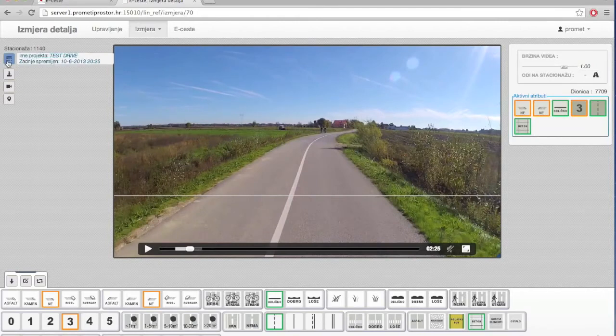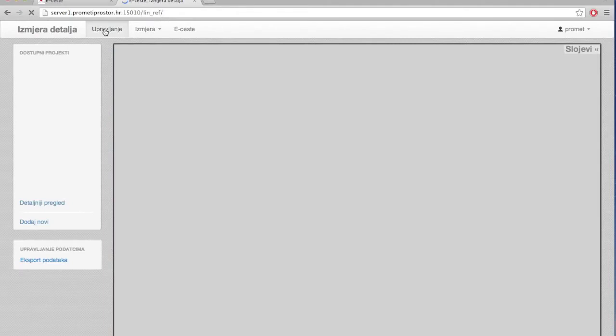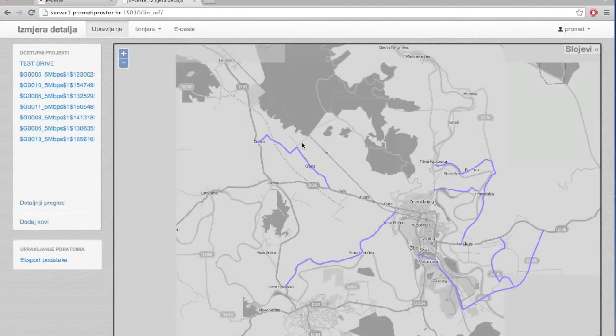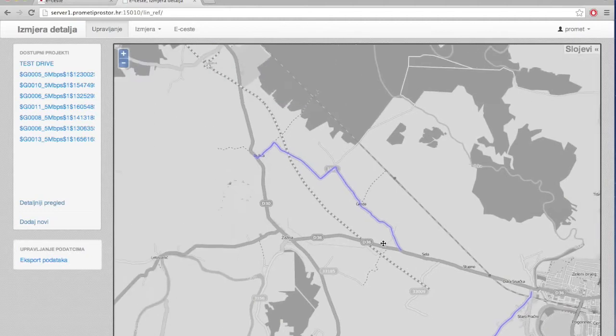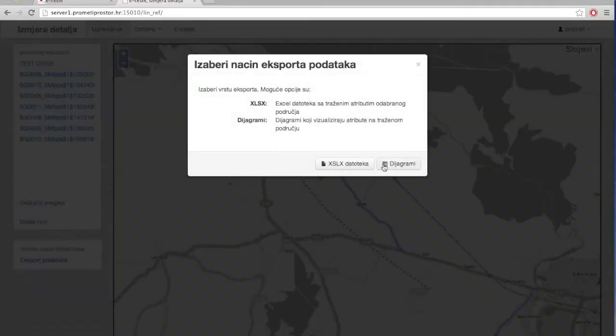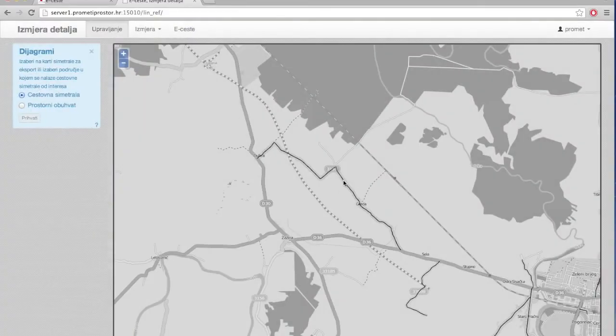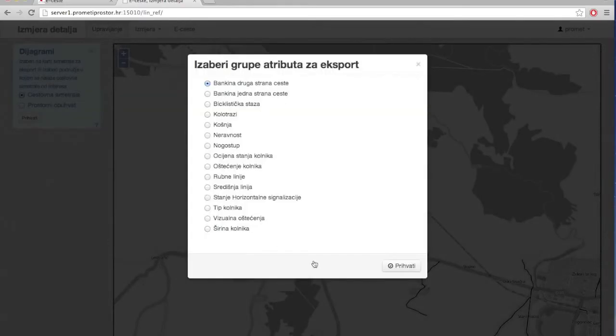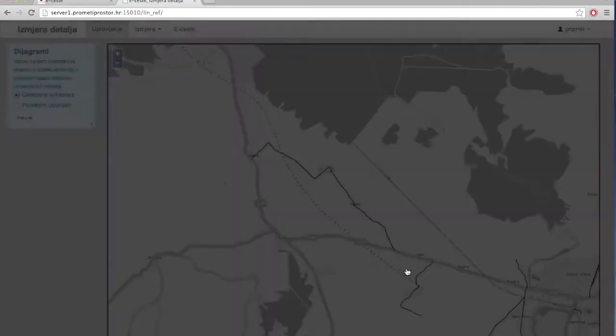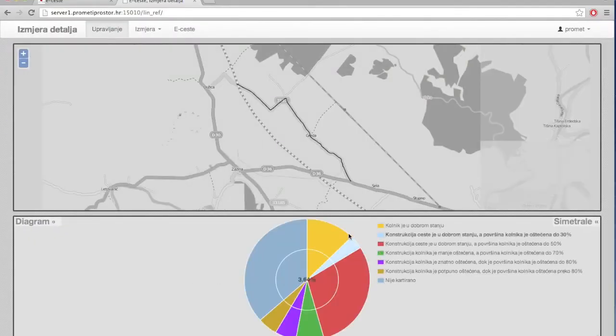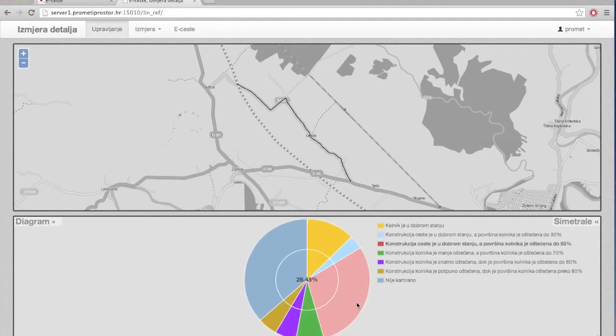So let's click save and go back to the management. Now, how can we represent this data? We have done some recordings and some inspections on this road. I can go here, export. I can select the diagrams. I can select this road here, and I can select accept, and give me the state of the pavement. Click select, and I will get this diagram saying that 36.55% is not evaluated, but for the other parts that are evaluated, I have these ratings saying that 12% is in good state,